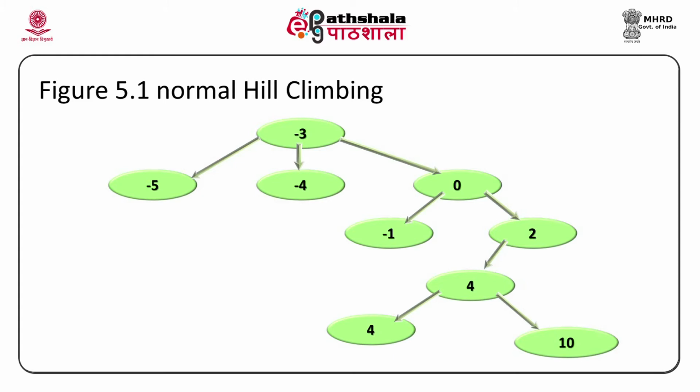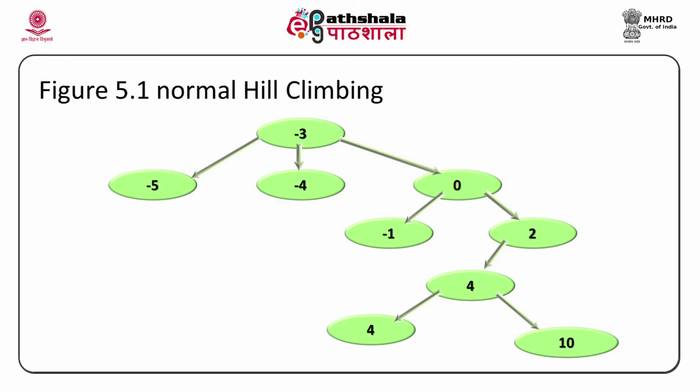Now the first node that we generate is minus 1, which is obviously not as good, but the other one, when you apply the second rule, the state that we get has value 2, so we move to 2. Then we apply the first rule, which makes it 4, so this state is good, so we move to 4. Then we have 2 options, one is 4, which is the same, so we will not go for that. The next one is 10. So we jump to 10 and we got a solution. This is called hill climbing.